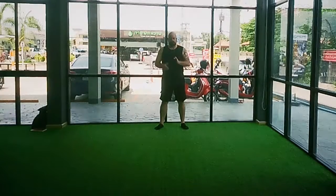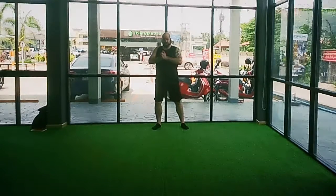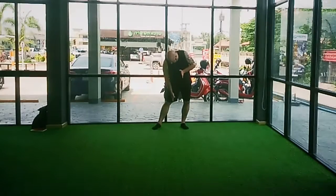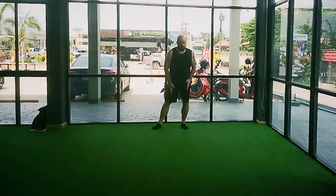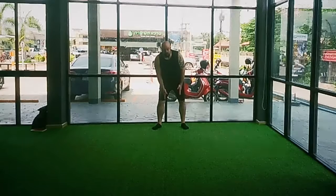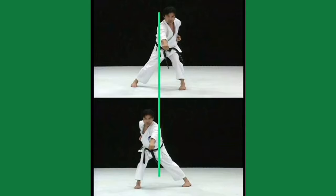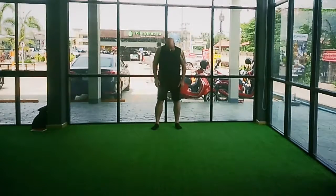My focus in Gyakutsuki no Tsukomi is to stay on the center line with the middle of my body and then shift slightly side by side so that my thigh and inside of my knee stays on that center line from step to step. As I punch and turn and shift, it will go from left inside knee to right inside knee and back and forth. I want to make sure that I don't move outside of that line too far. I don't want to move my feet on the inside of that line, and I'm always going to punch on that line and try to keep my head similarly situated. So, from here,